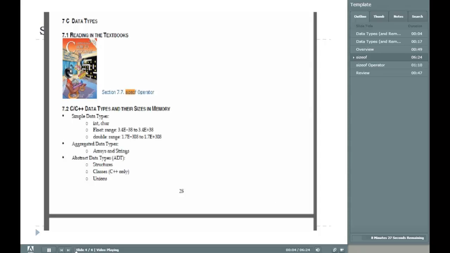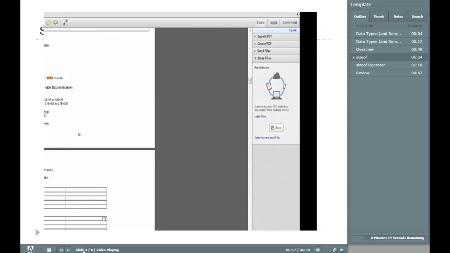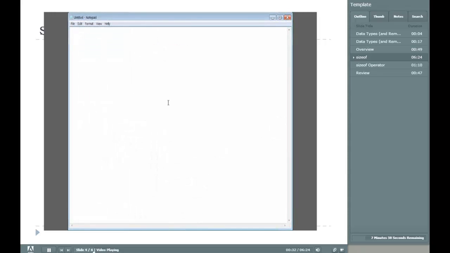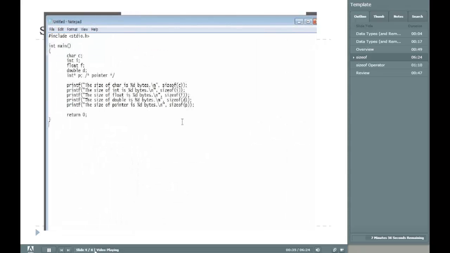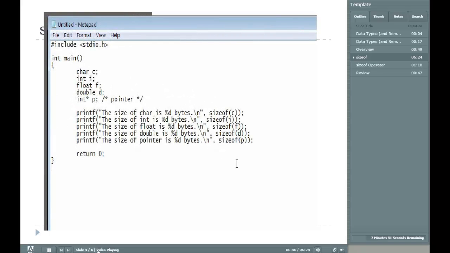Here's the situation. Let's say that you're reviewing your course workbook and you want to find more information about a certain topic. In this case, you notice that when we covered data types in class, I simply gave you the number of bytes for each type. You notice from reading the textbook that the SizeOf operator will tell you how to get the number of bytes for a specific type. So to test it out, you write your own source file. When finished, save the file as a .c file